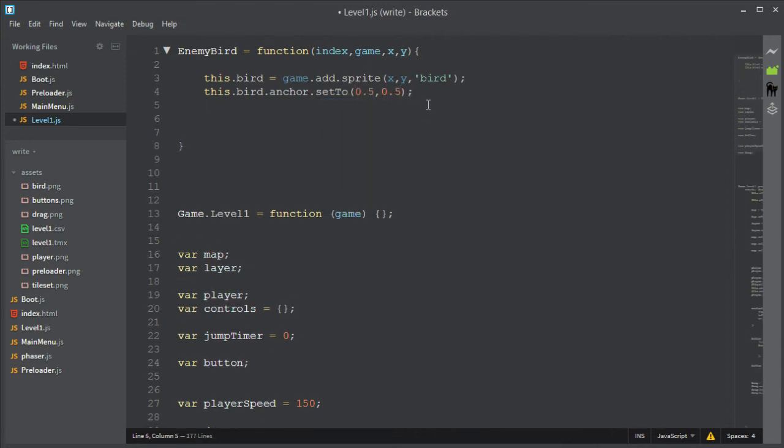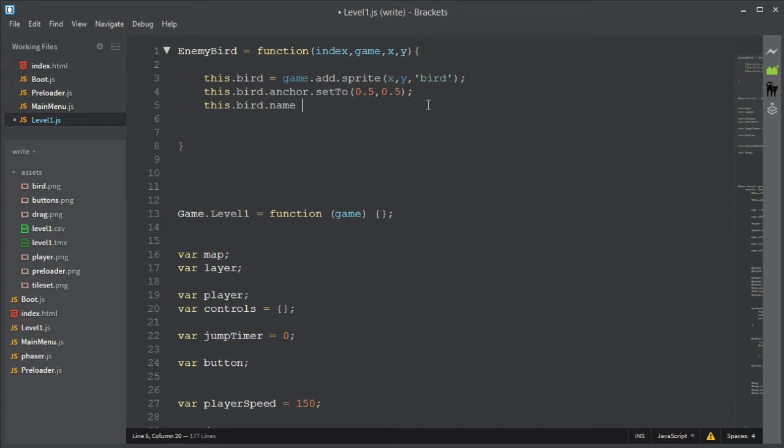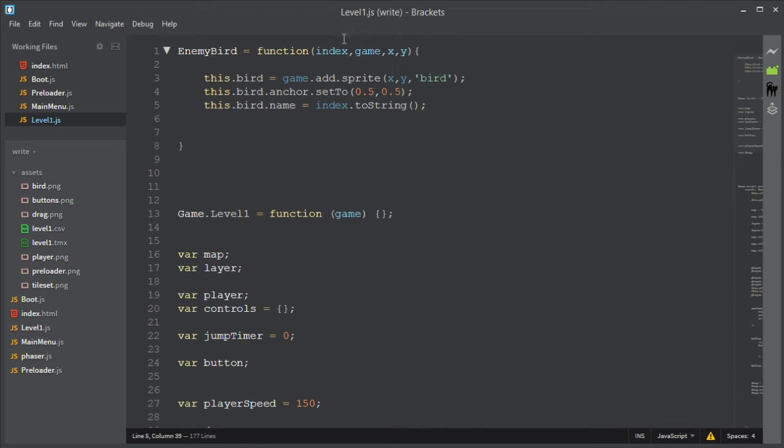Next, we need to make the bird have a name, so we can actually pick out individual birds. So the way we do that is this.bird.name. We'll set a name variable to it. You should know this because this is not a JS tutorial, it's a Phaser tutorial. You should know what this does. But right, and then we can set the name object to index.toString. So this is going to get this index parameter and then make it to string. So it's going to get the number and then make it to a string,